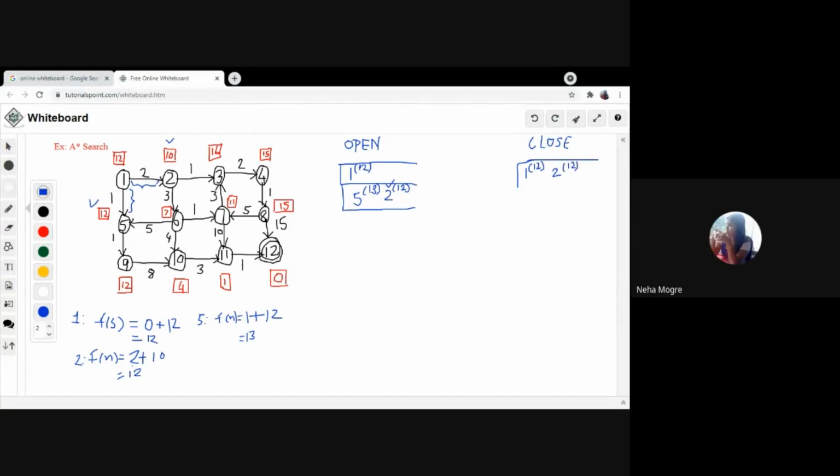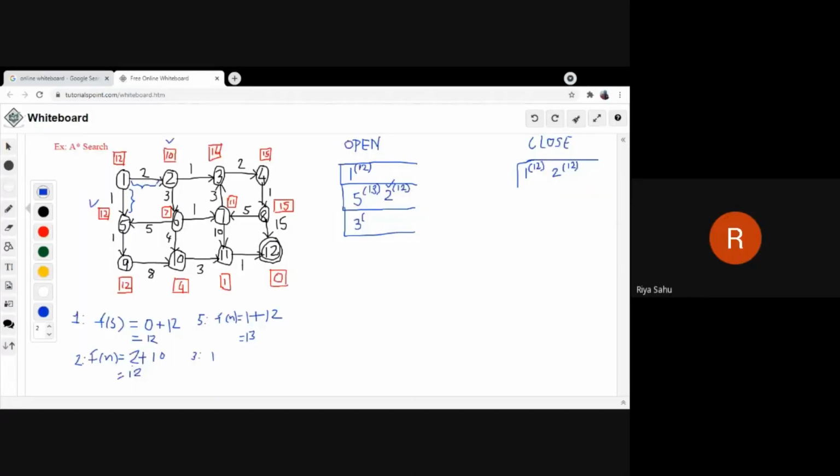So we will again traverse node 2. For node 2, we will have 3. What will be the value for 3? It will be 16 plus 3, 19.